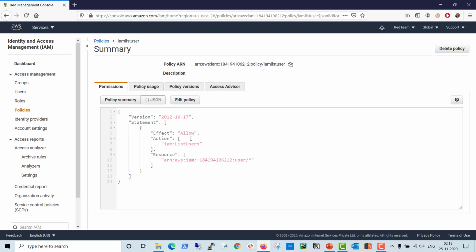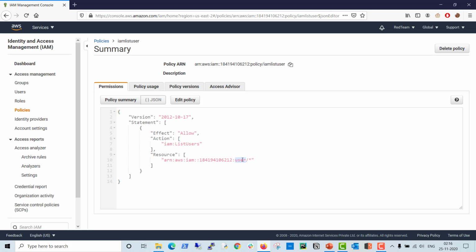I created one policy where allow operations can be, what action he can only perform, the list user actions, and what resources. So you can see it's user's resources to perform these actions. So I created this policy, or maybe the organization created this policy, the customer managed policy, so the customer can change it. And so that's why it's really important, because from a red team perspective,